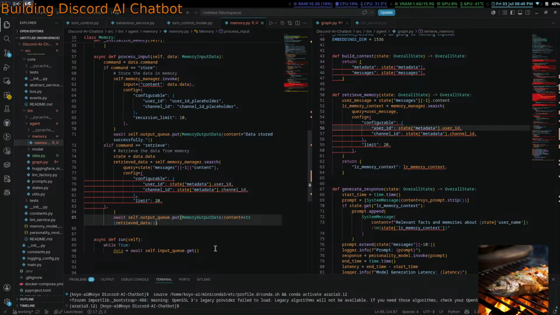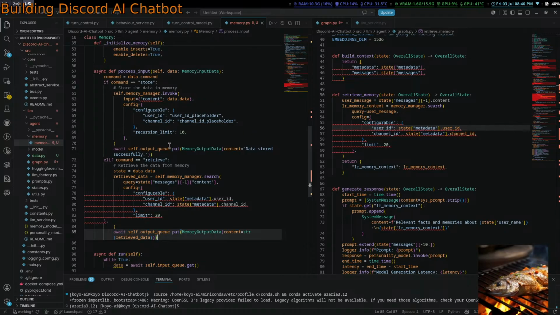The LLM graph reaches here, it's just building the context, it gets stuff from the memory. Okay. So, what now?